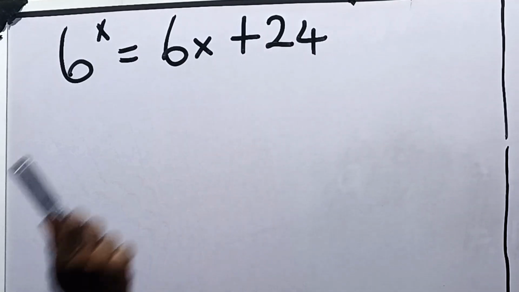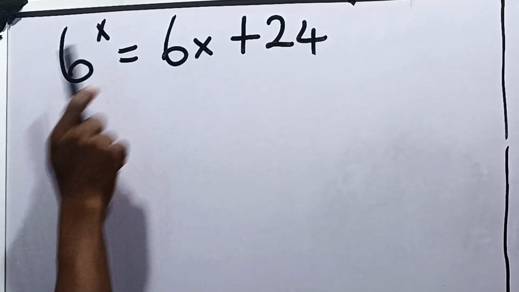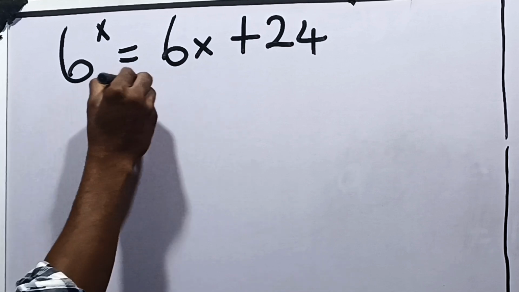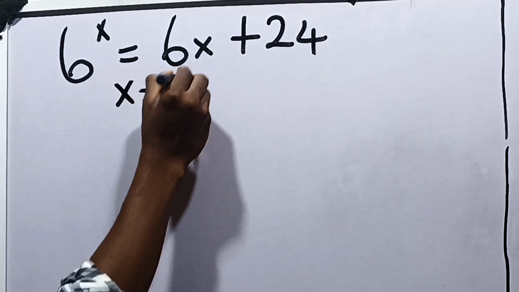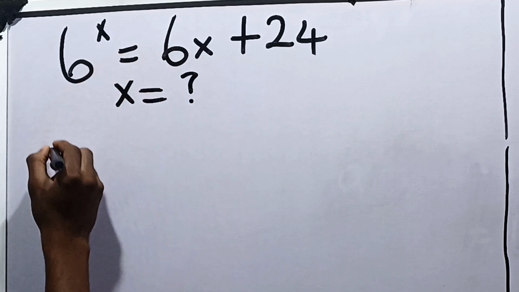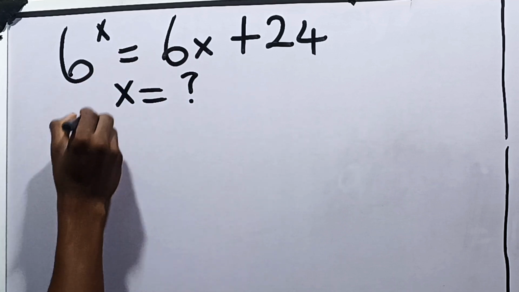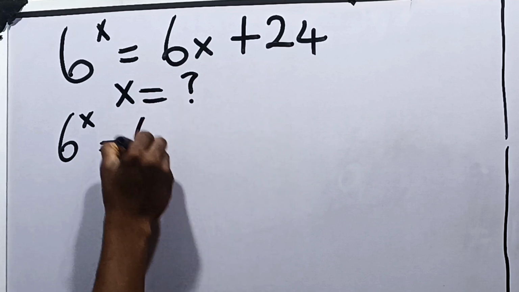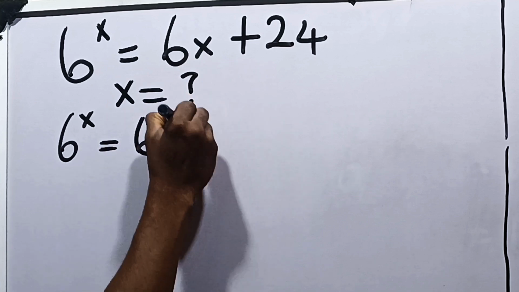Let's solve this together. It says 6 raised to the power x is equal to 6x plus 24. We're required to solve for the values of x in this question. In order to solve this, the first thing we can do is to say 6 raised to the power x here can be written to be equal to, we can factorize 6 from here to become 6 into x